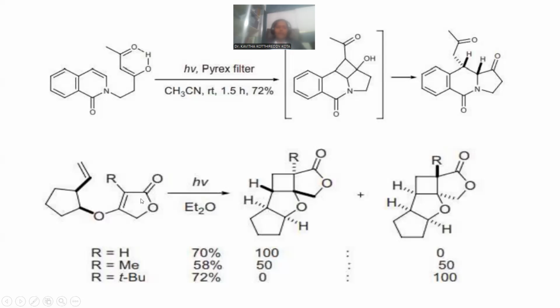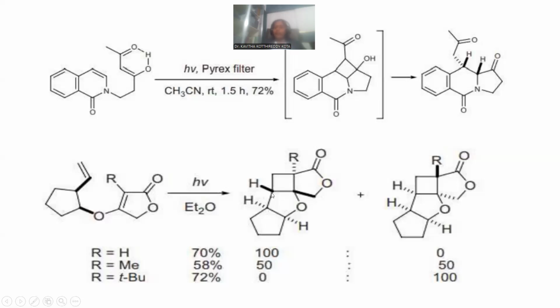Here is another example for this DeMayo reaction. I am taking cyclohexane, cyclopentane, and here the ether linkage, here is the double bond, here is the ketonic functionality, here is the olefinic double bond. When this is the case, what will be the product? This is one of the ketones, this is the other enolic compound, this is the olefinic functionality. These three are the essentials for the DeMayo reaction, so that they will participate in the ring closure reaction in such a manner, so that here